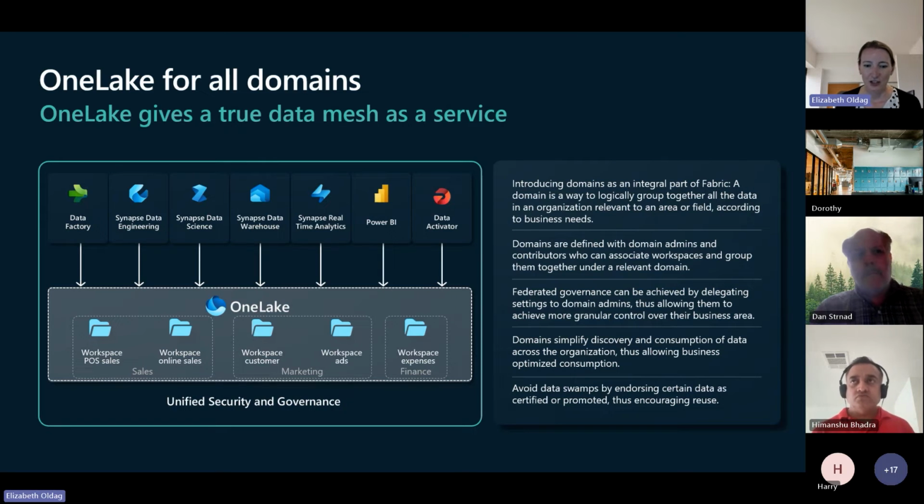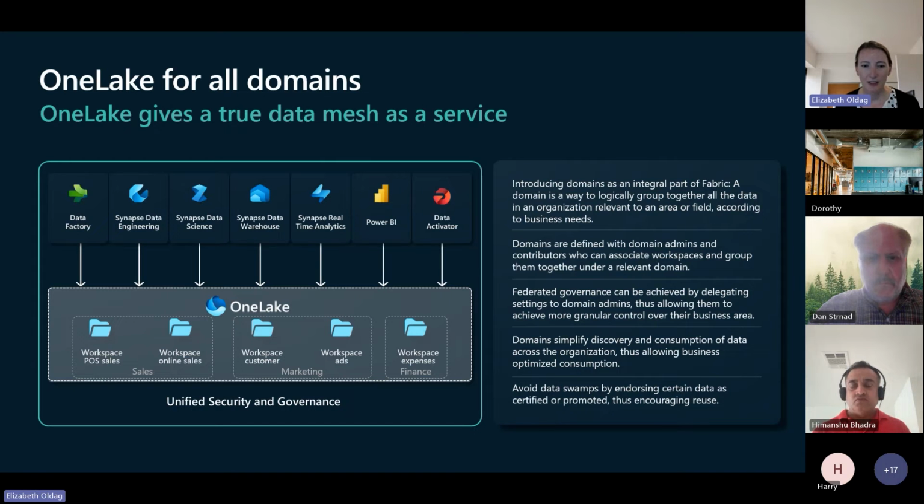This feature of domains starts letting you have more confidence that this data is being managed and governed by the domain admin, who's an expert on this data and has a clear understanding of the data and is organizing it, and you're able to certify or promote data,